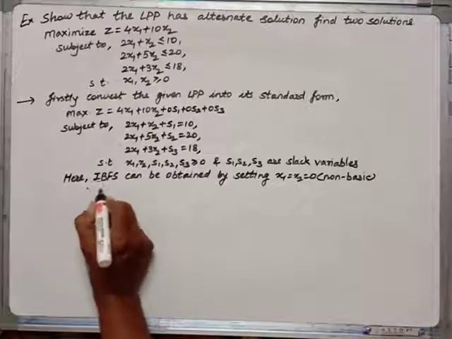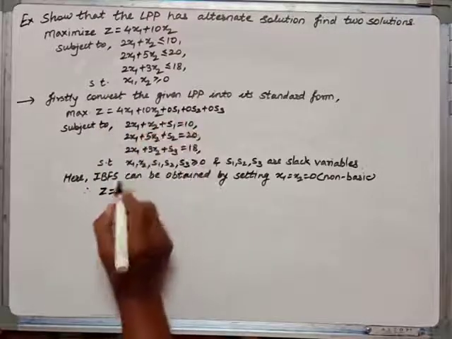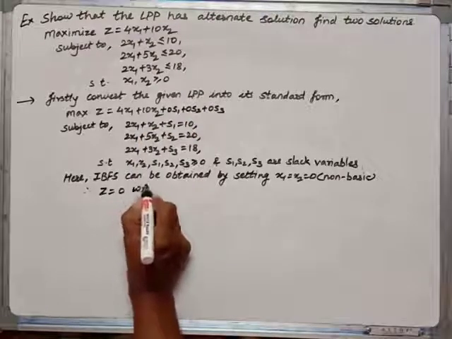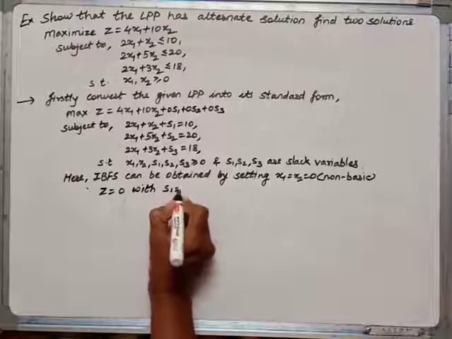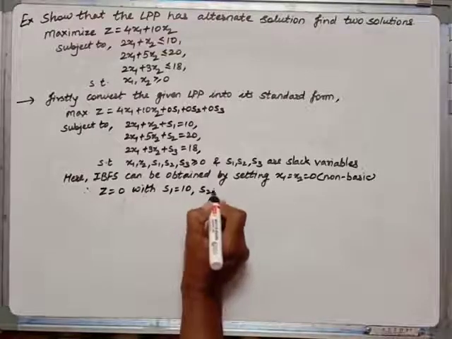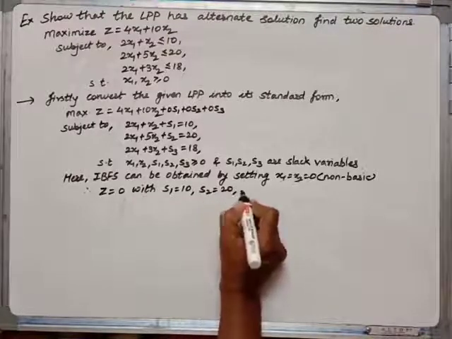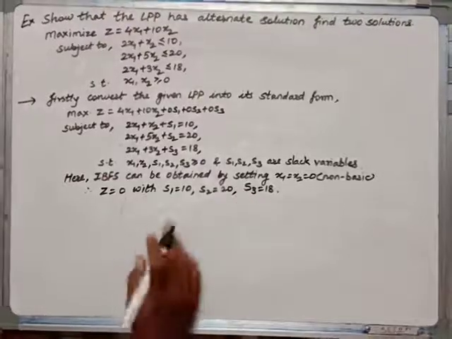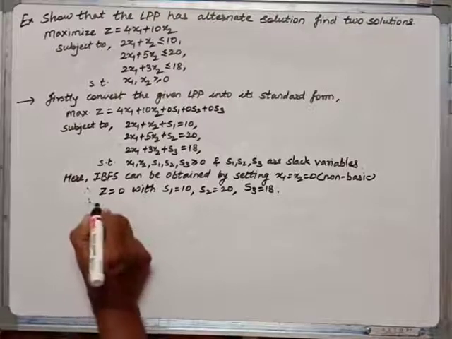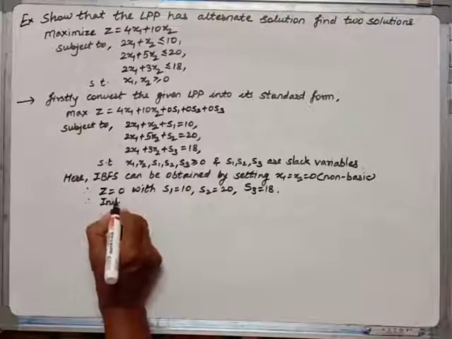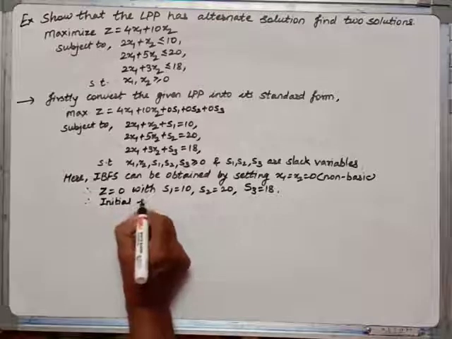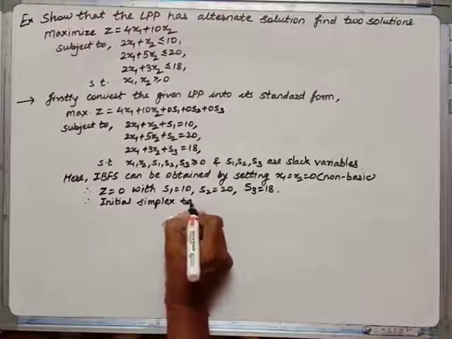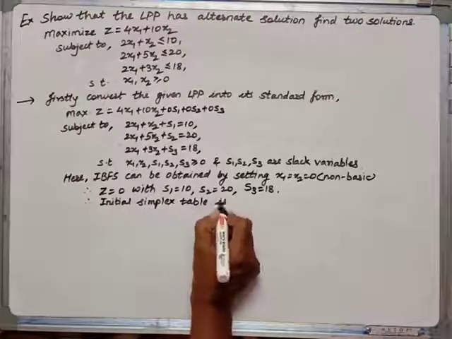Therefore we get z is equal to 0 with s1 equal to 10 from first constraint, s2 equal to 20 from second constraint and s3 equal to 18 from third constraint. Okay. Therefore initial simplex table is now